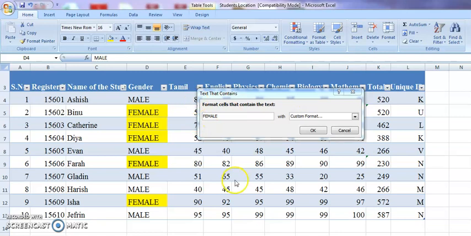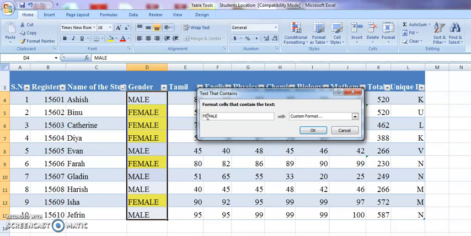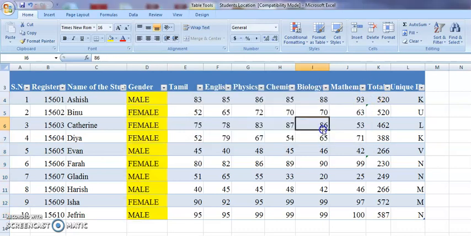Now in my worksheet you can identify that under the column gender I have highlighted the cell that consists of the text female. Now what is going to happen if I am making it as male? Okay, I am pressing the OK button. Now you can see all the records are being selected even though I gave it as male. Why? Because female also consists the text male. That is how Excel takes into consideration.